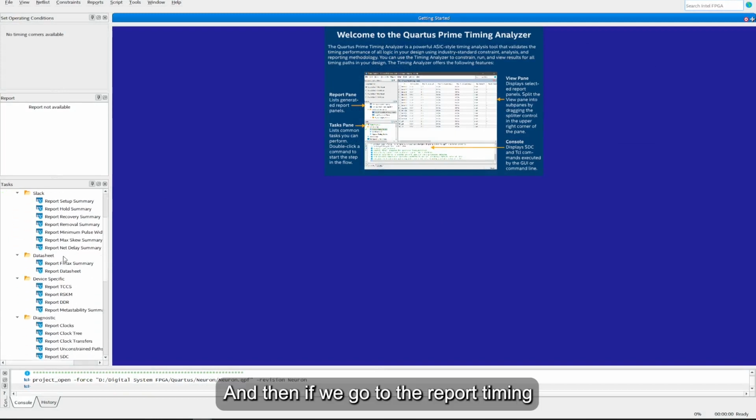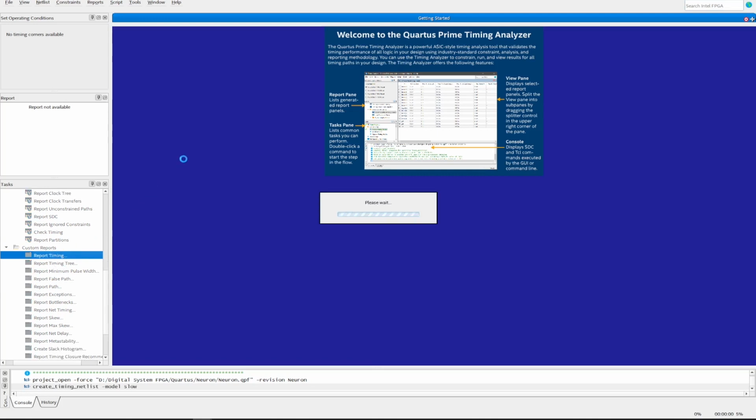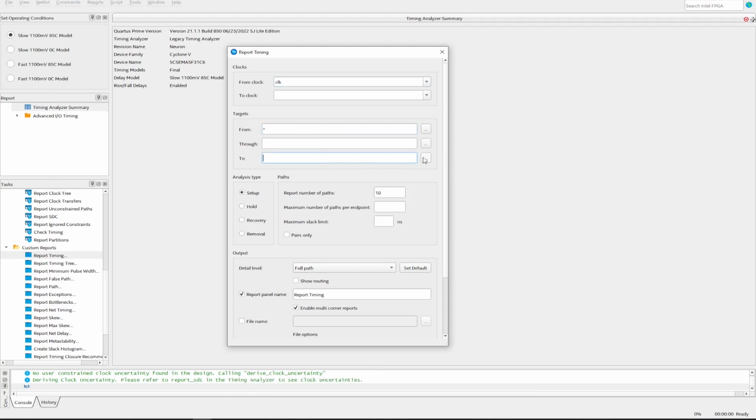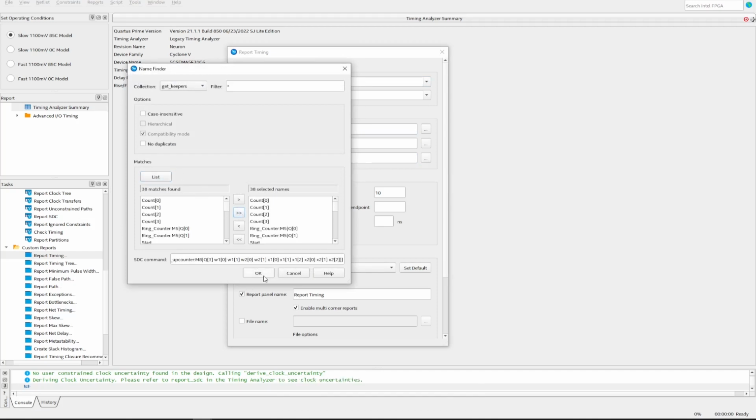And then if we go to report timing, and choose the clock that we have, and from, for example, all signals, choose all signals here, and then OK,